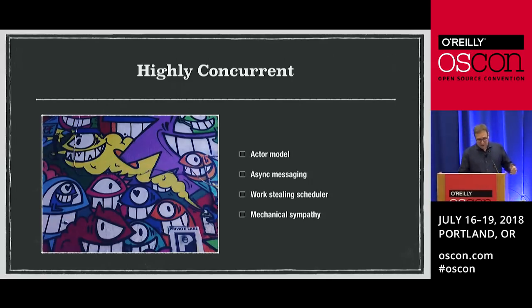Or probably anyway. So to go along with that, the Pony runtime also has an awesome work stealing scheduler. If you're somebody who likes to talk about schedulers, I know an awful lot about the Pony scheduler, and I'm happy to talk about it more after this as well. The basic idea here is that when you have actors, you need to schedule them to be running on some thread, which in the particular case of Pony, the threads are locked to cores on your machine, and the work stealing scheduler will have it where a scheduler, if it doesn't have work, will go and try and steal work from other threads in order to do that work.